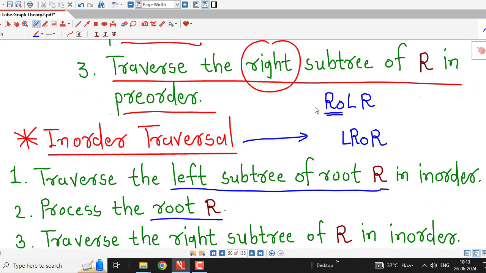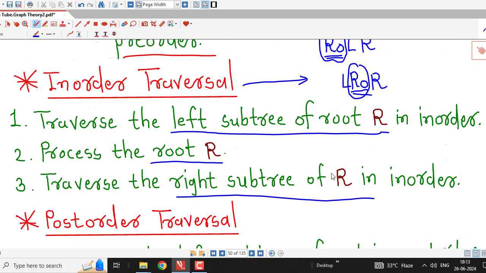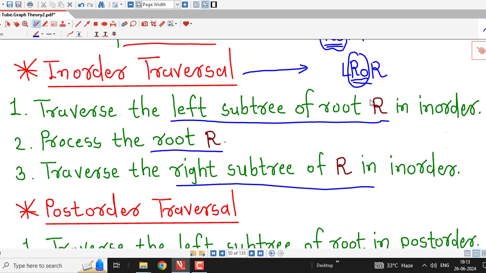So here in pre-order traversal we can remember that pre means first, so root comes first, and in in-order traversal we can consider in as middle, or between the left and right subtree. So we are putting the root between left and right. And similarly for post-order traversal, first we will traverse the left subtree, then the right subtree, and then we will process the root. So now I will consider in-order traversal first for the same binary tree, and then I will perform